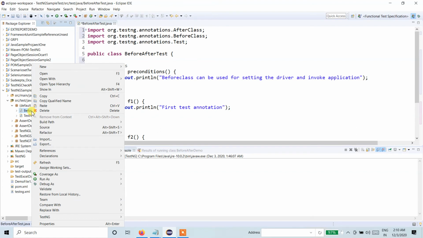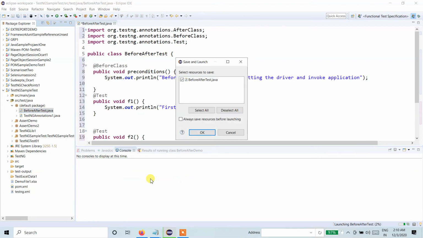Now let me execute. Logically, BeforeClass will execute once before any test annotation, and AfterClass will execute once after executing all the test annotations. So let me run as TestNG and click on OK.